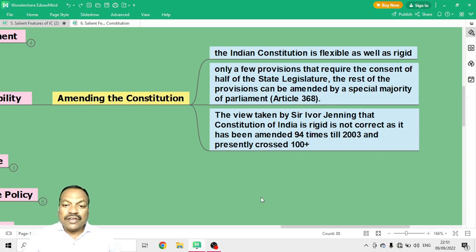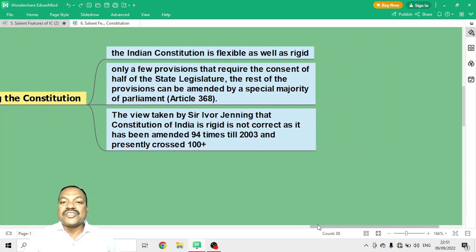So, in one sense, it is said that the Indian constitution is flexible as well as rigid. Only a few provisions require the consent of half of the state legislatures, and the rest of the provisions can be amended by a special majority of the parliament according to